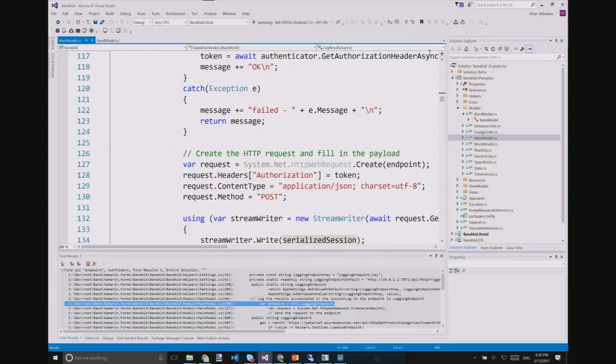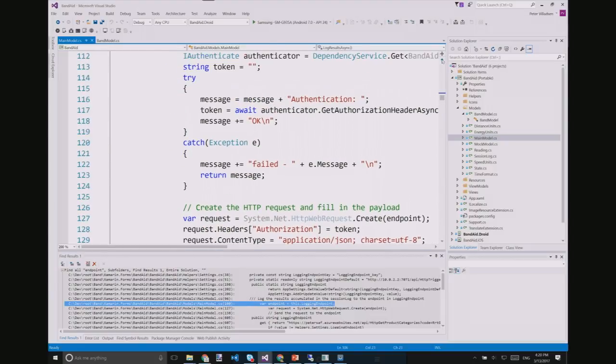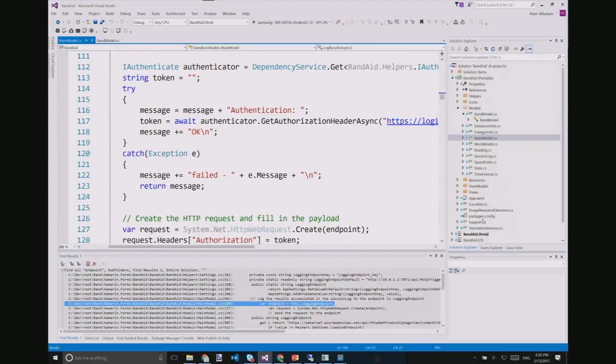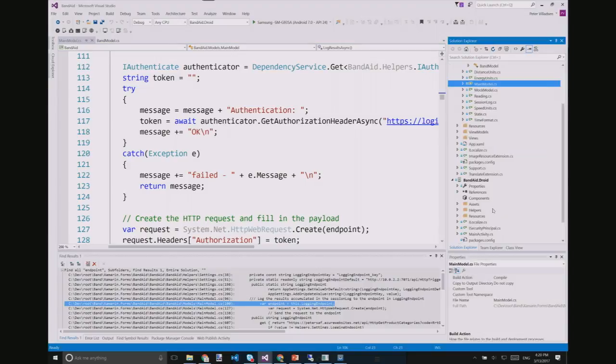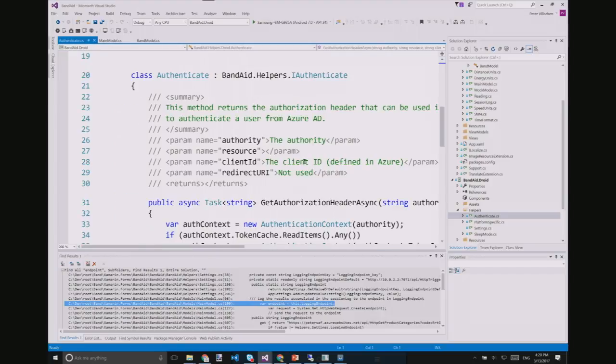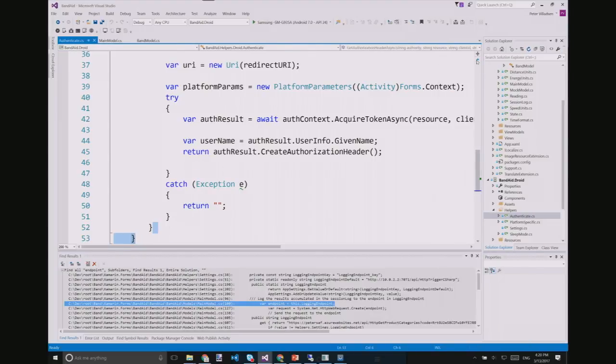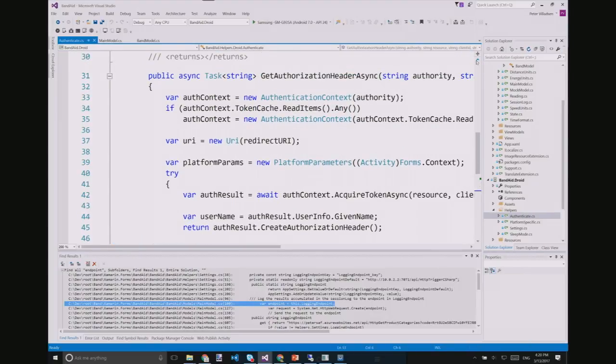So what went on was that I did an authentication here, and I did it in Android as it happened. Let me see, helpers. There. How can I explain this in a good way? What I did was I reached out to Azure Active Directory, saying, this is me, could you please give me a cookie or a token?